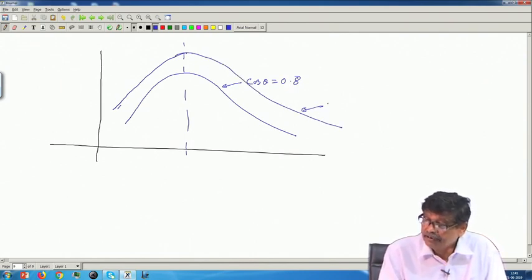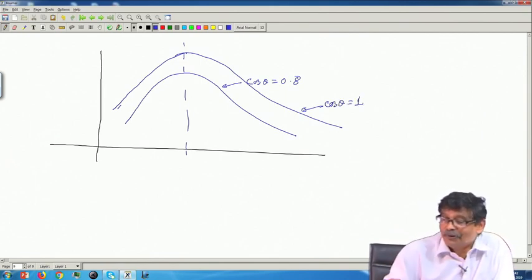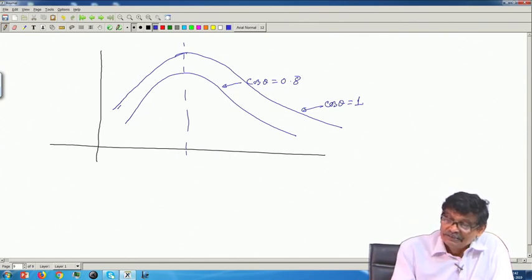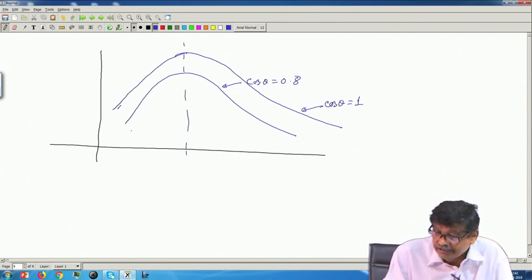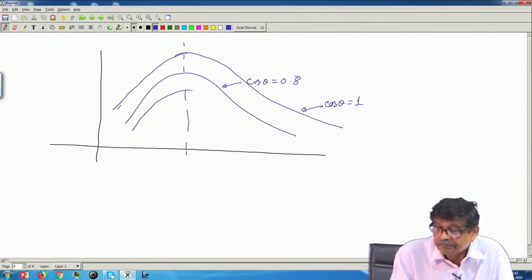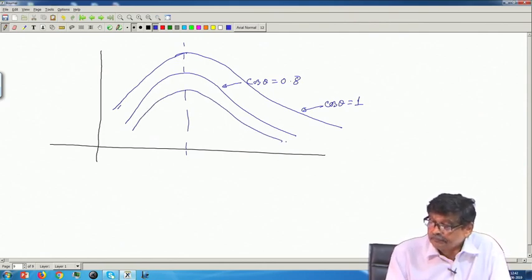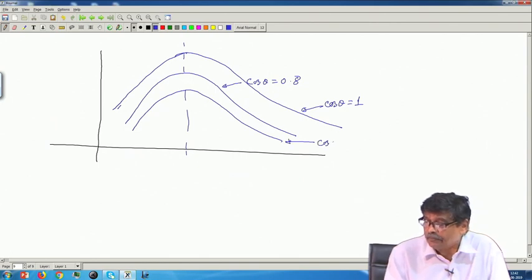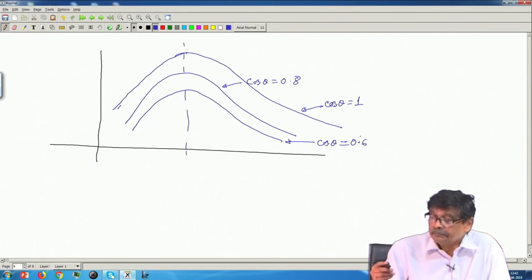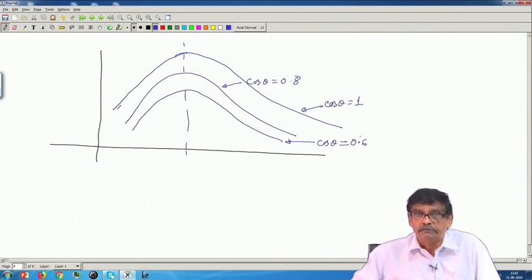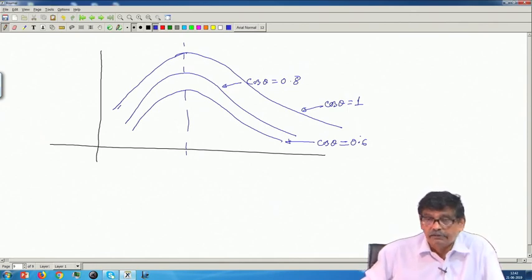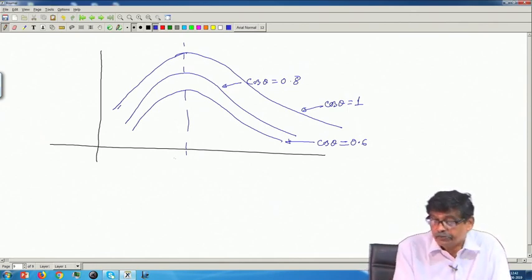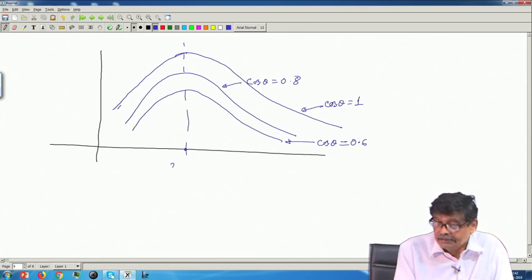This will be corresponding to cos theta equal to 1. It will be above cos theta equal to 0.8. If cos theta equal to 0.6, it will be this. You can draw a family of curves. Now, I am not restricting that cos theta is 0.8. Now, the full picture is clear to me, but nonetheless this thing remains this one,